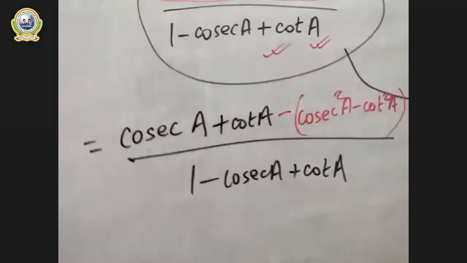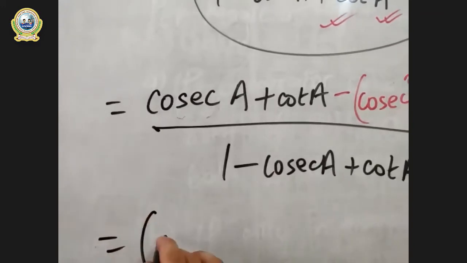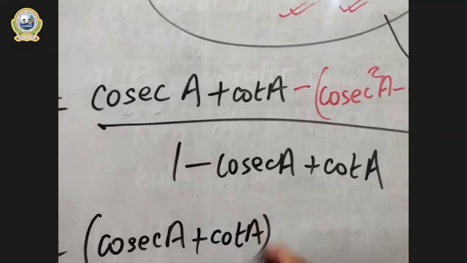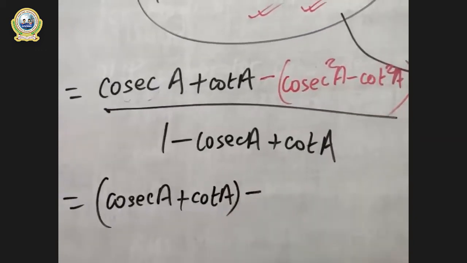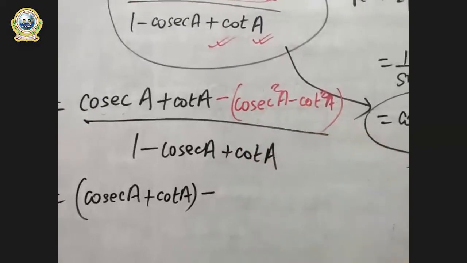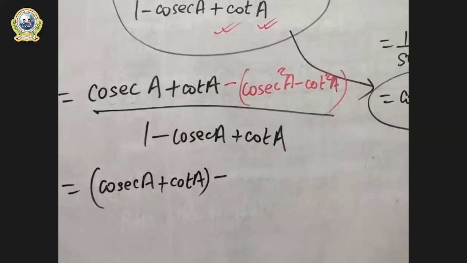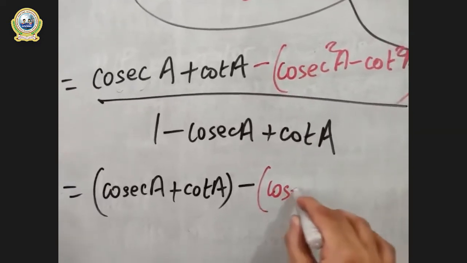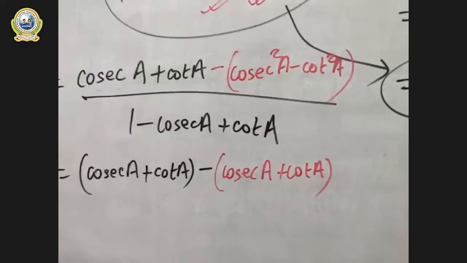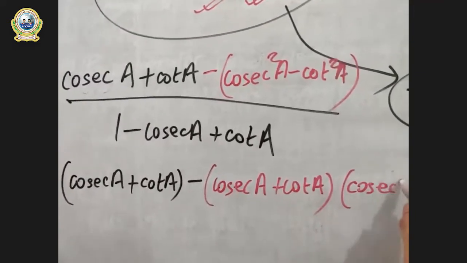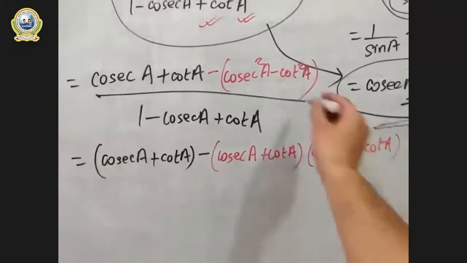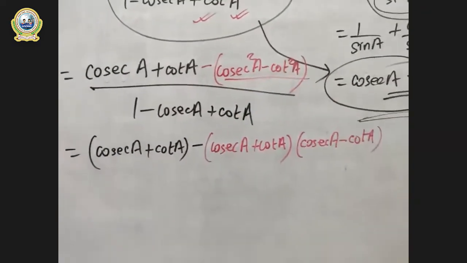So let's use the formula then. You can keep this in bracket, cosec A plus cot A. This can be kept inside bracket, right? So in this form in red color, you can use the formula of A square minus B square. It says A square minus B square will be A plus B, A minus B, right? So it will be now A plus B, and the next one will be A minus B. This is the formula that has arrived from this red part, A plus B, A minus B.